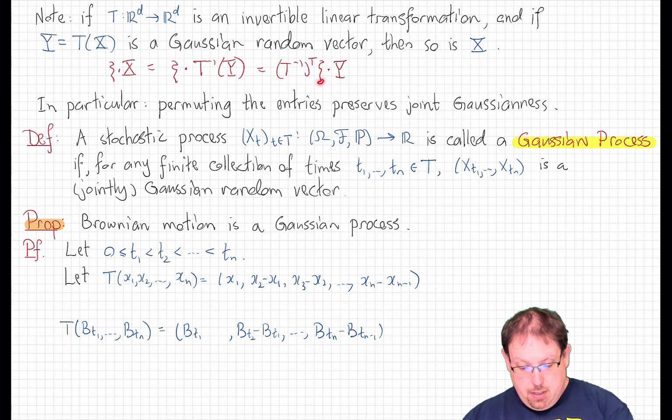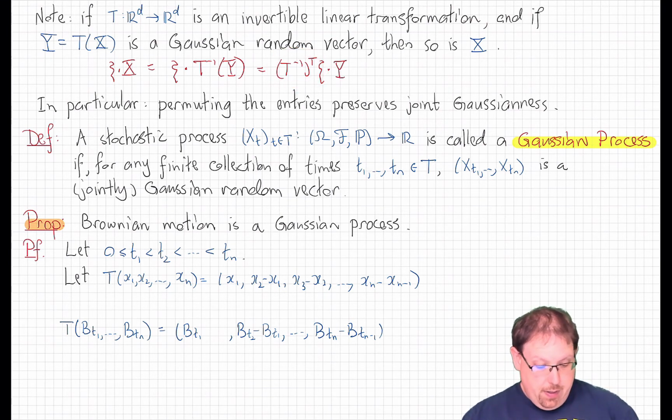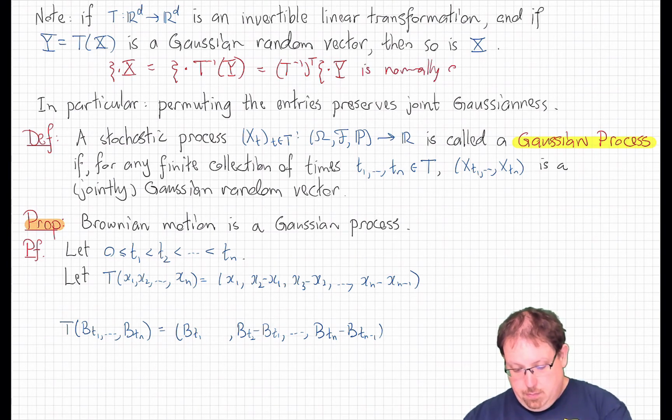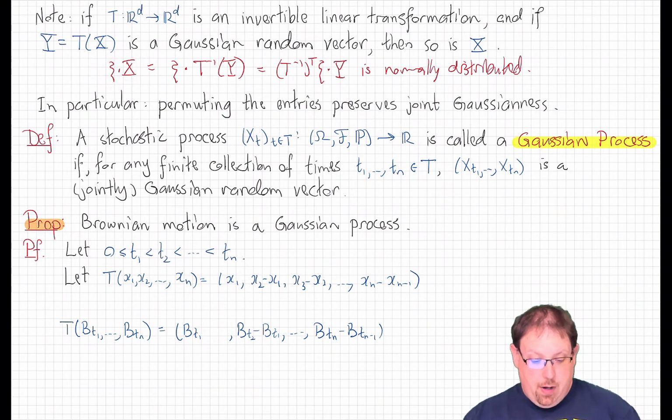Now this is just some new deterministic vector. And since y is a Gaussian random vector, this dot product is therefore a normal random variable. And thus, this is normally distributed for every vector xi,